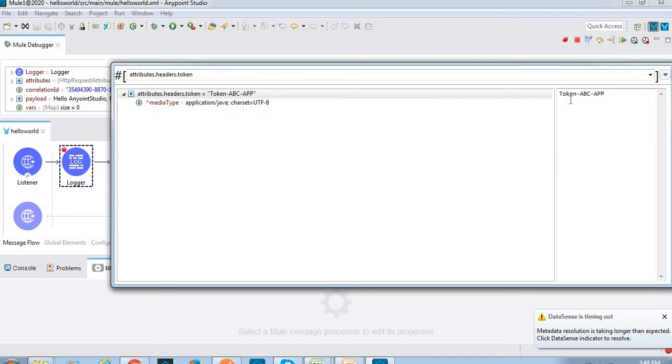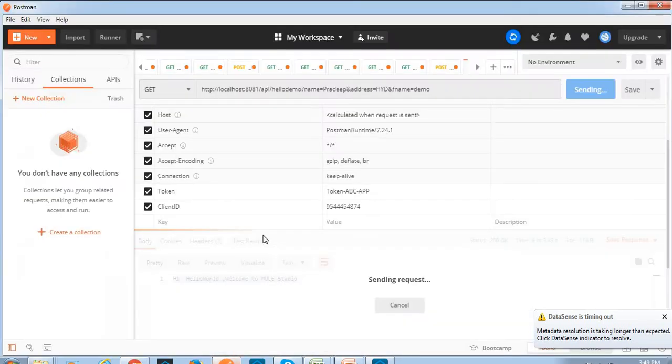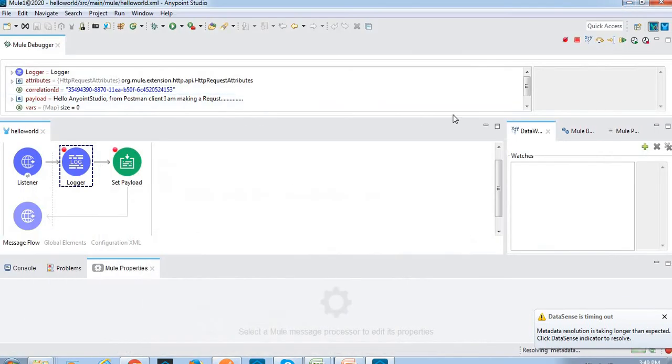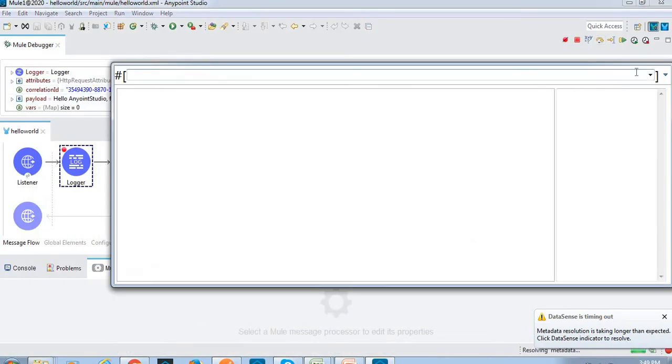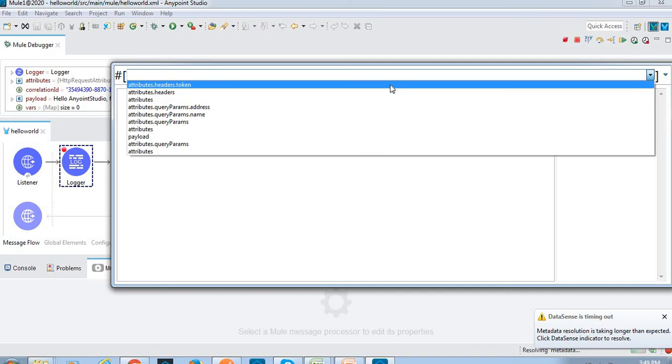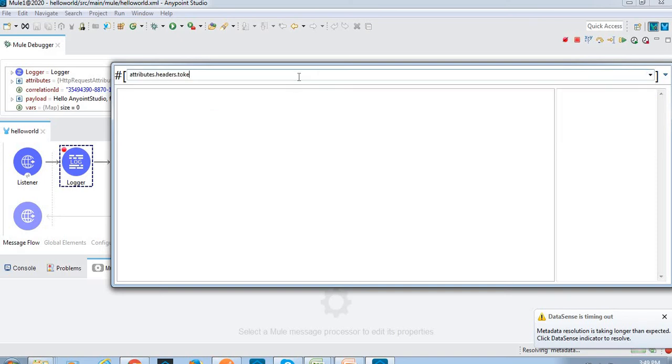Let me see, token ABC app I have given. Let's come here, let's see. See, this is the token I have given. Okay, let's access another one, token and client ID. See, client ID also I am able to see.